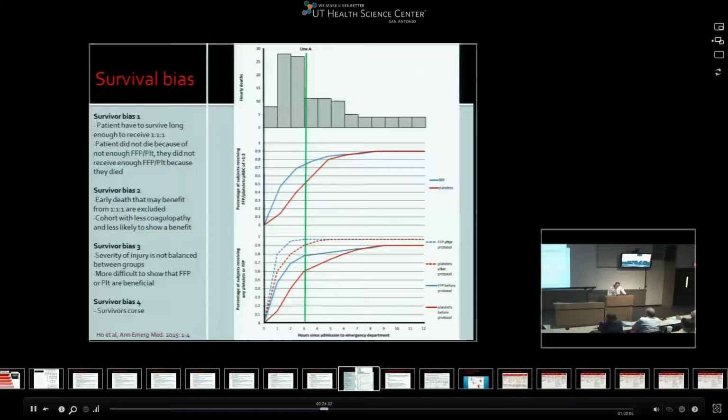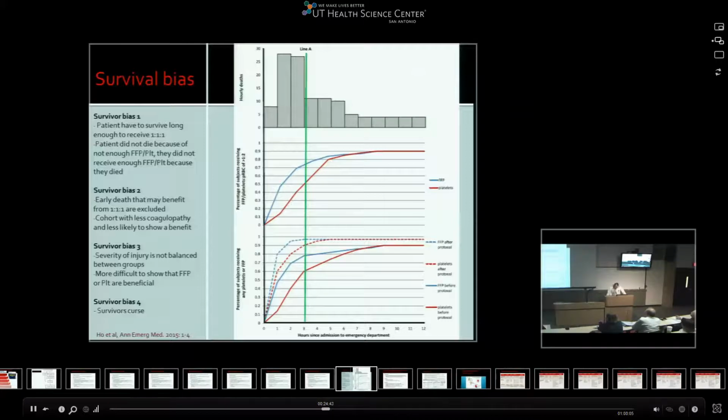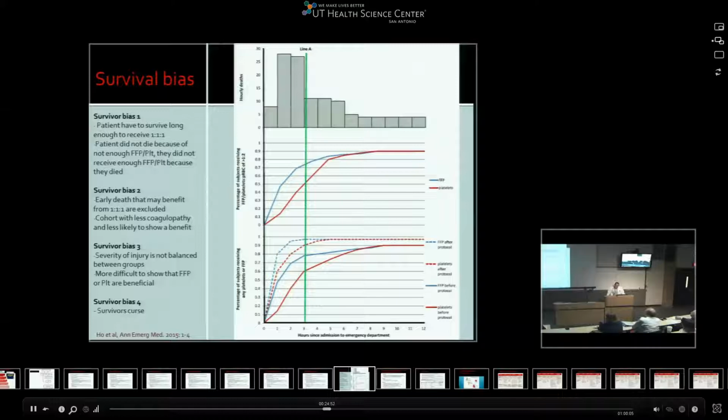Survival bias number 1, if you want to, we'll look at the first 2 top charts. The first chart up here shows the timing of death. The green lines show the first 3 hours after arrival to the emergency room, and as you can see, there is a high rate of mortality within the first 3 hours, and then in the next chart below it,